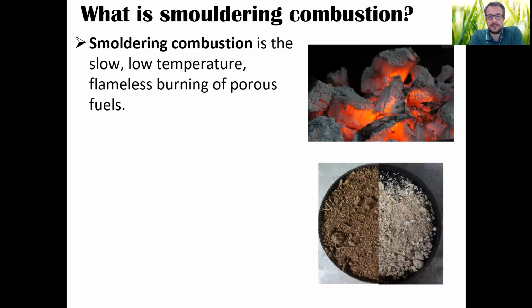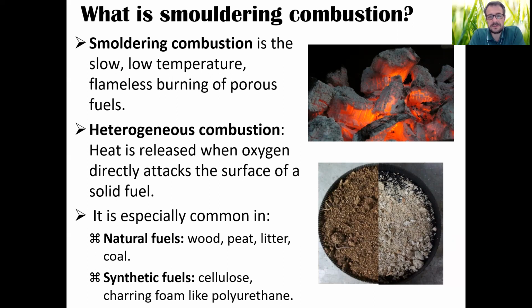It typically happens when fuels are porous, when they are made of particles put together, or fibrous materials, or material that has a lot of voids inside. The porosity plays a very important role, allowing oxygen to enter into the fuel, because the combustion process of smoldering is not a flame. So it's what we call heterogeneous combustion, because the oxygen in the air oxidizes the fuel on the surface of the solid, not in the gas phase. That type of chemistry, which has this name, heterogeneous chemistry, it's a little bit of an ugly name, imparts most of the characteristics of smoldering.